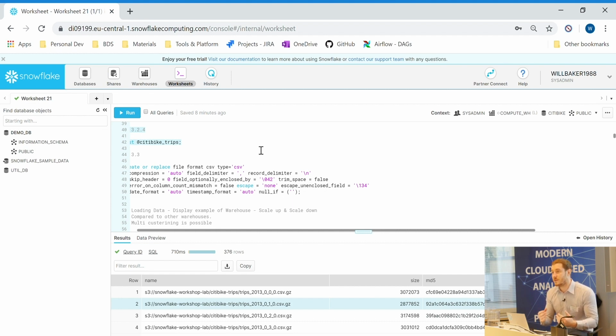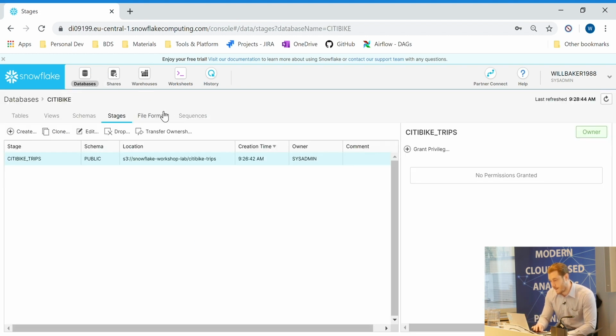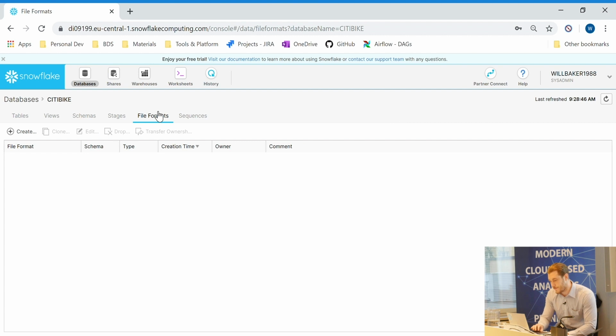But the next thing we need to tell Snowflake now is what the files are. So for example, we have the CSVs. We need to say, are they comma delimited, which they are because they're CSVs, and in this instance they're actually double quoted. So we will do the same thing again, and we'll go through a wizard rather than running the create script. So let's go databases, file formats, create,